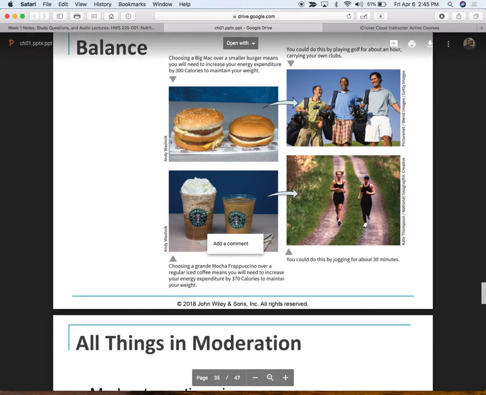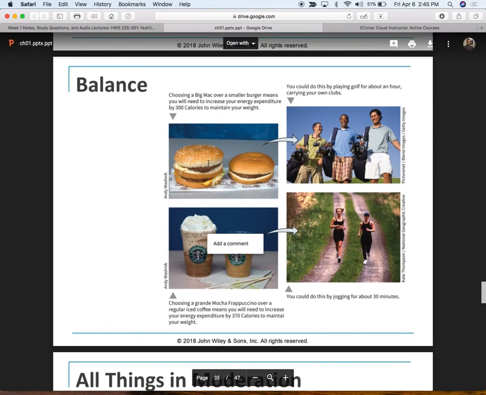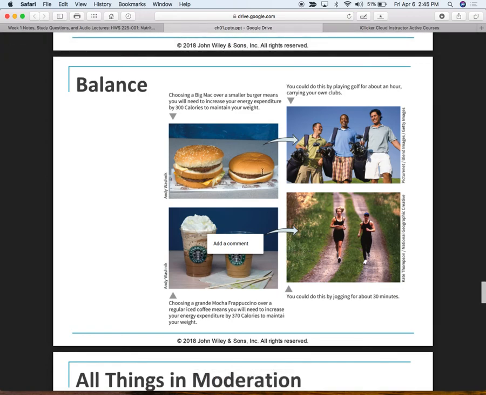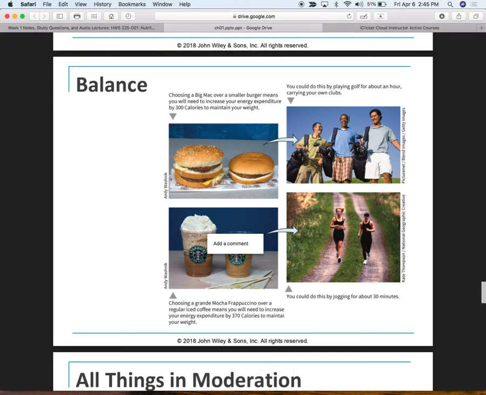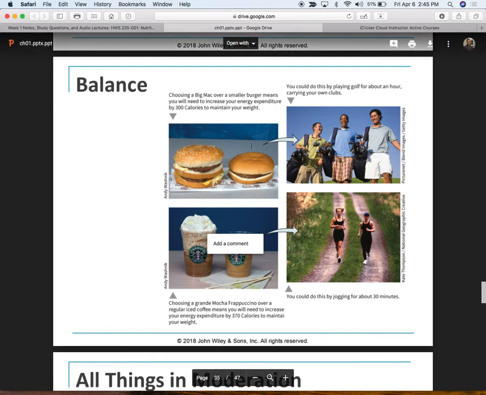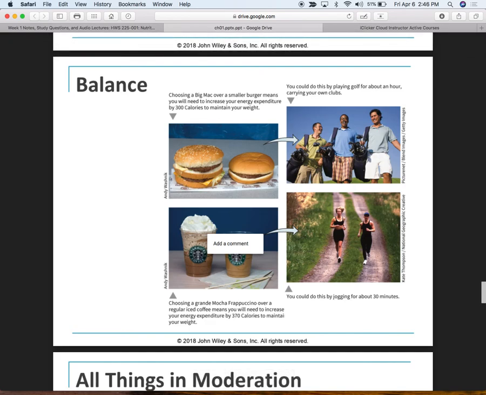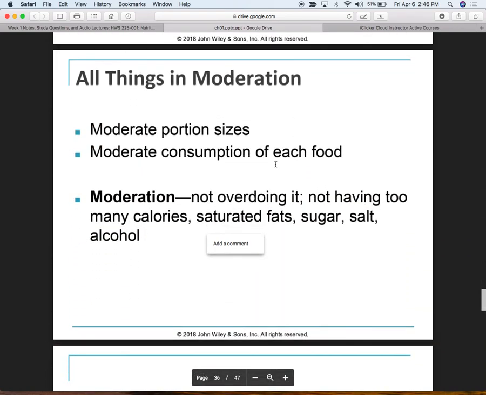All right? So the difference between a Big Mac and a small cheeseburger is one hour of golf. These guys are really happy to be playing golf. They got a special invitation to Augusta or something. But anyways, it would take an hour of walking a golf course and playing golf to get the difference between these two things. And this is something that I think is a really important point to stop and make,